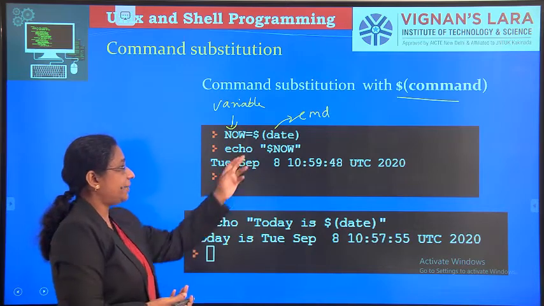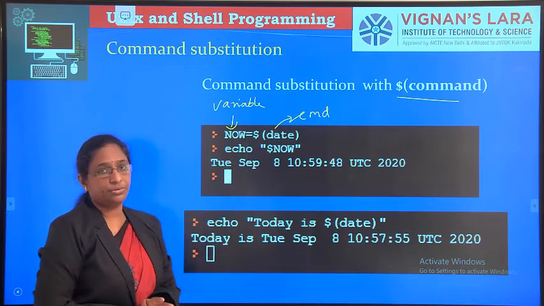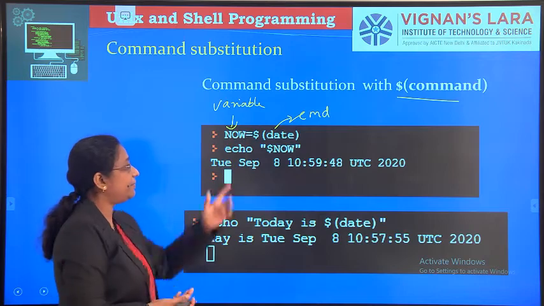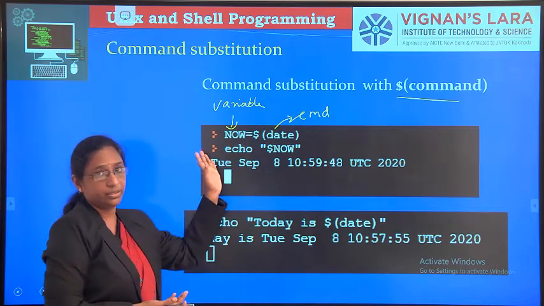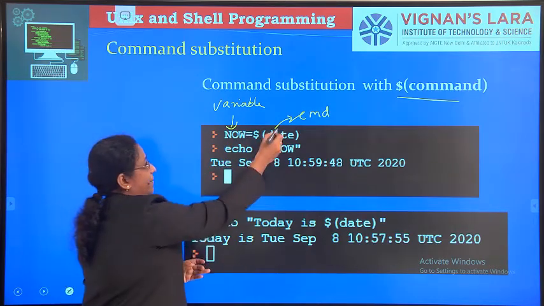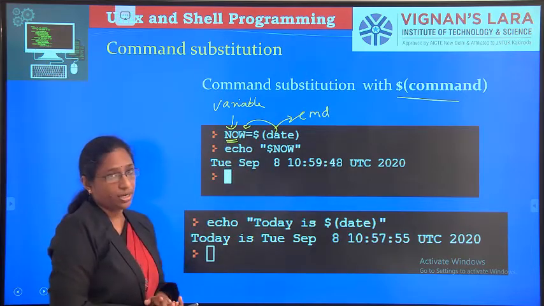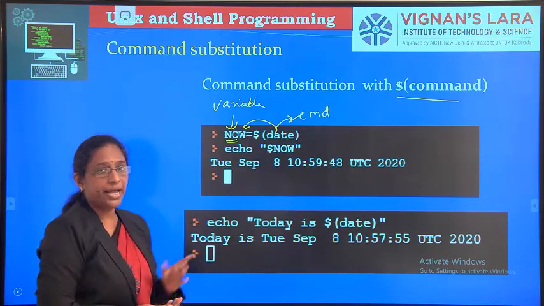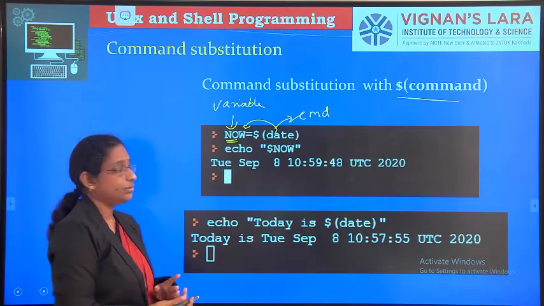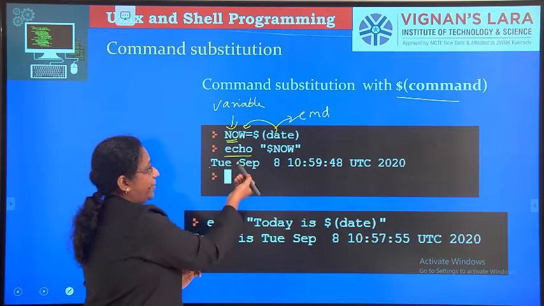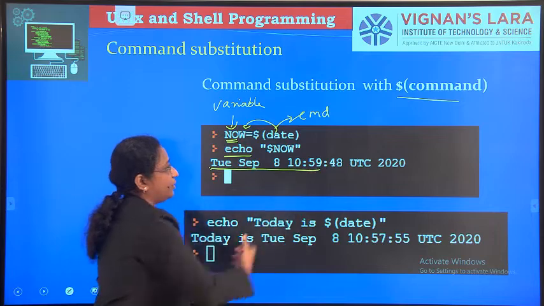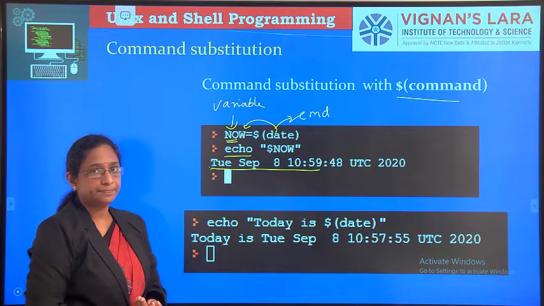The date command will be executed and its output will be stored in the now variable. Now by using the echo command, I am displaying it on the screen.